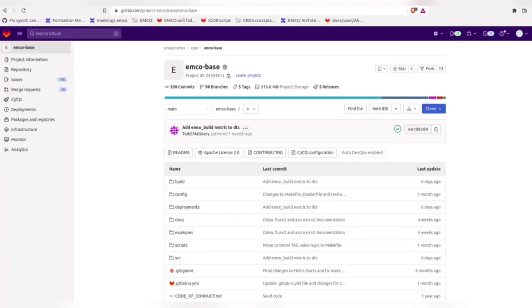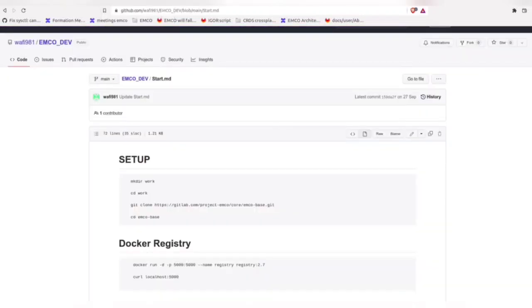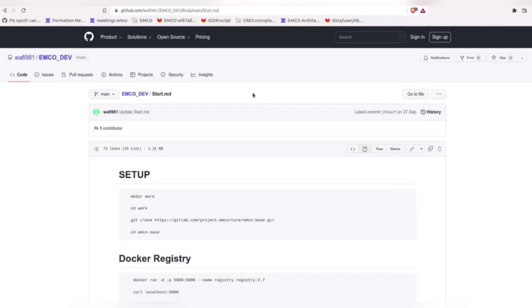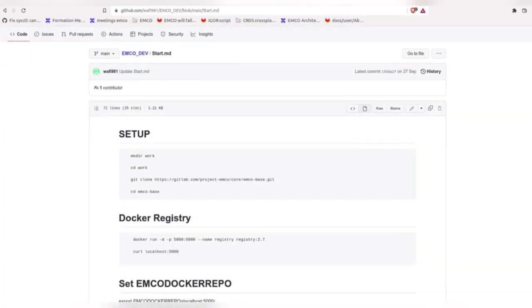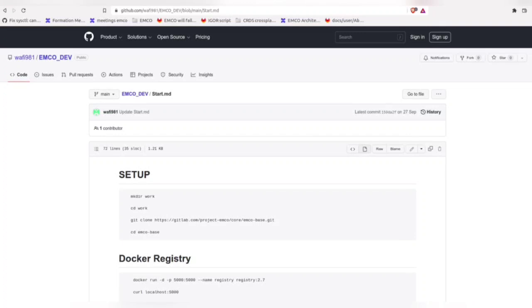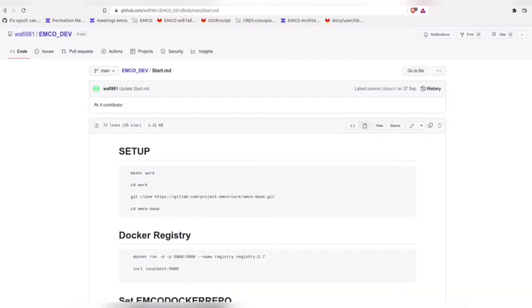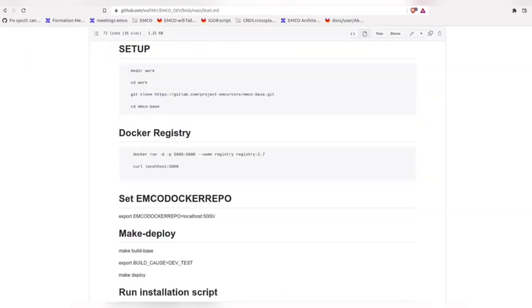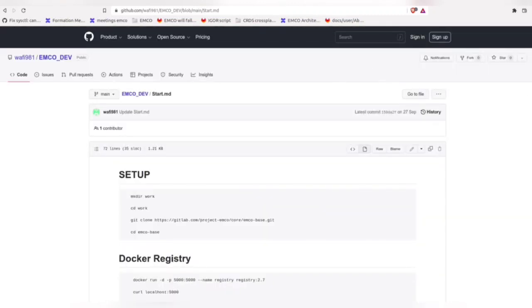Now there are some basic requirements for us before we start deploying EMCO over our cluster. If you go over to my GitHub page, you will find this EMCO dev repository, which is basically a repository that gives you a start.md file which has all the commands you need to know to deploy EMCO. And after you're done with the setup,